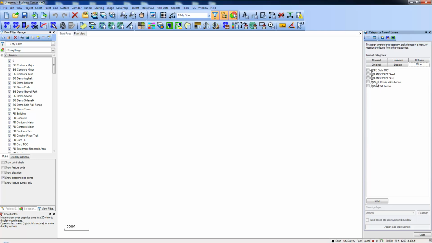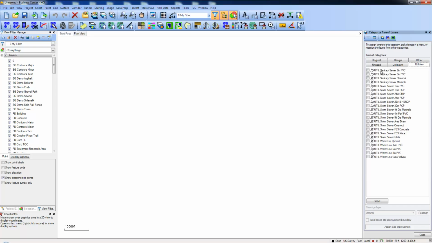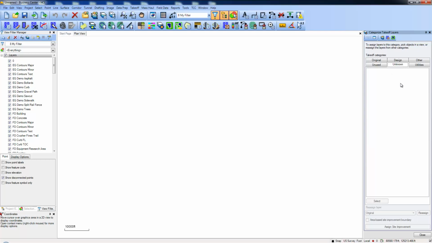but they won't be used to generate any surfaces. On the Utilities tab, we have all of our utility items that will be counted in our takeoff report, but again won't be used to generate any surfaces. We have also unused layers, which will not be used in the takeoff, and unknown layers, which are any unprotected layers. Lastly, in the template, if we go to the View Filter Manager, we'll notice that we have predefined view